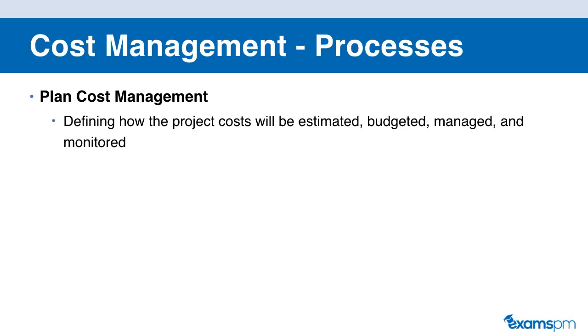Most of these knowledge areas begin with the first planning process, which is where you're defining how you will perform the remaining processes in this knowledge area. So consequently, plan cost management is where you're defining how the project cost will be estimated, budgeted, managed, and monitored. Now, it's important to note here that you're not actually estimating, budgeting, or managing cost yet. You're just determining how you are going to do it and what processes and best practices you are going to